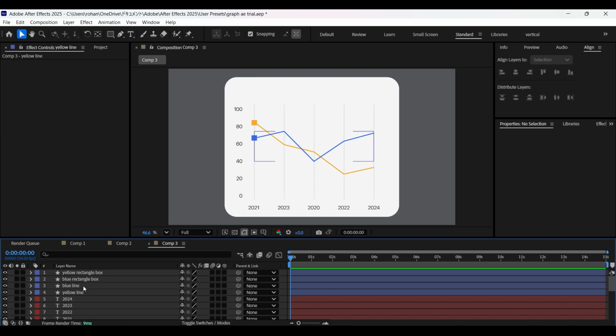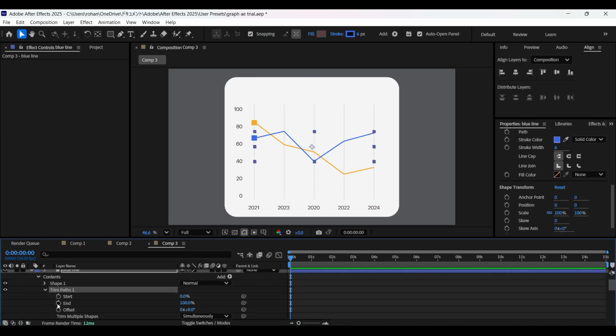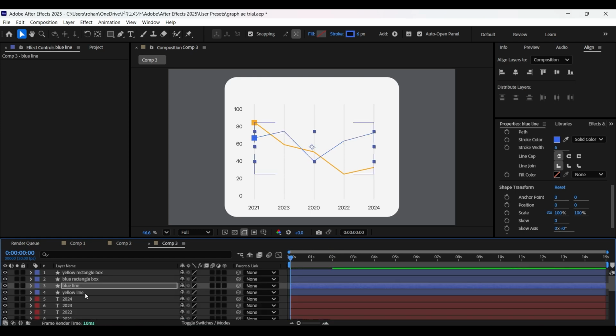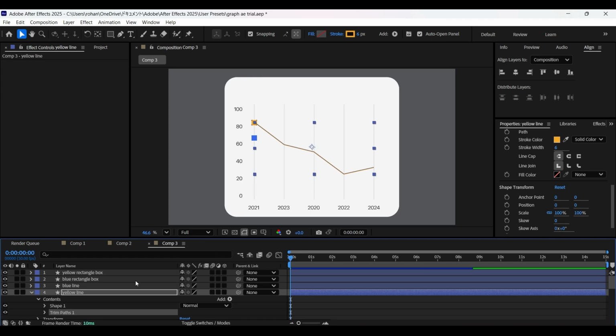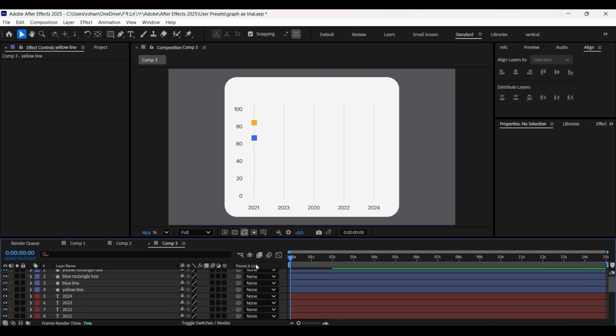Now select the blue line shape layer and add a trim path property. And let's animate it by adding the keyframes on end property as shown here. At the very first keyframe, set the end value to 0. Now do the same process for the other line shape layer as well. Now this is what we have got, but we also need the rectangle box to move along the same path